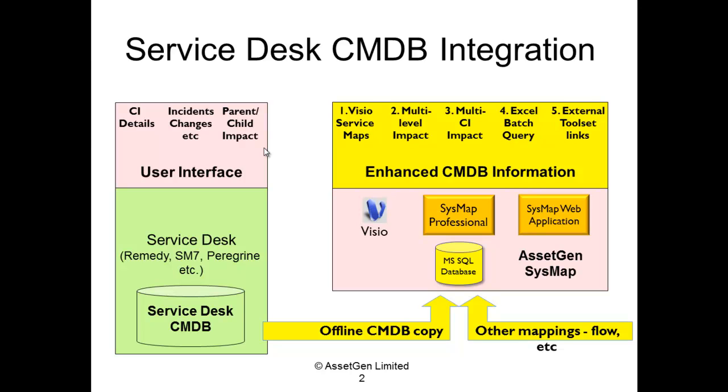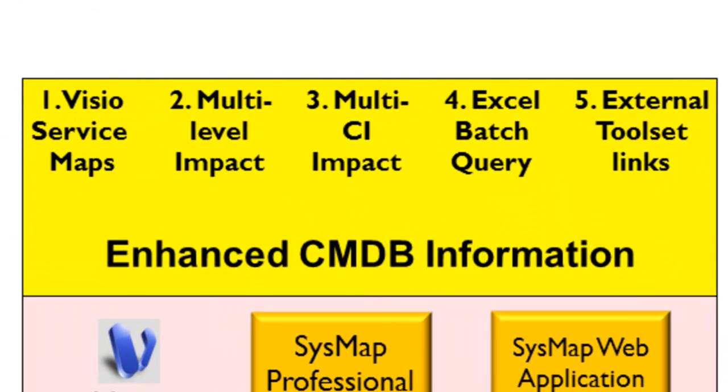such as a service desk, discovery tools and others, don't have the reporting analysis capability which we have within AssetGen, and quite a few people have found a lot of benefit in making the service relationships much more visible using our toolsets. What I'm going to be focusing on are the Visio service maps, but there are many other aspects